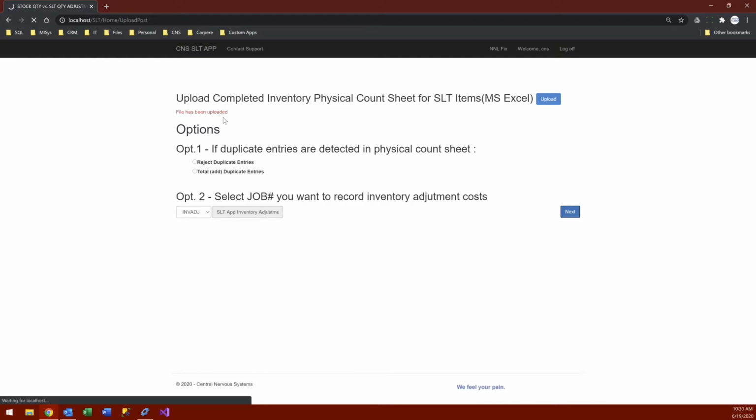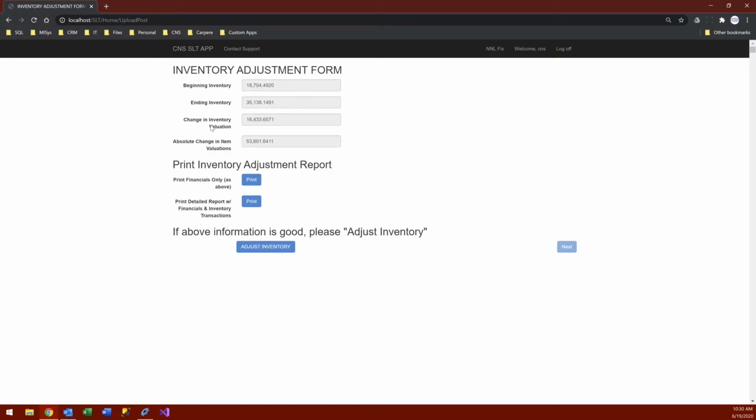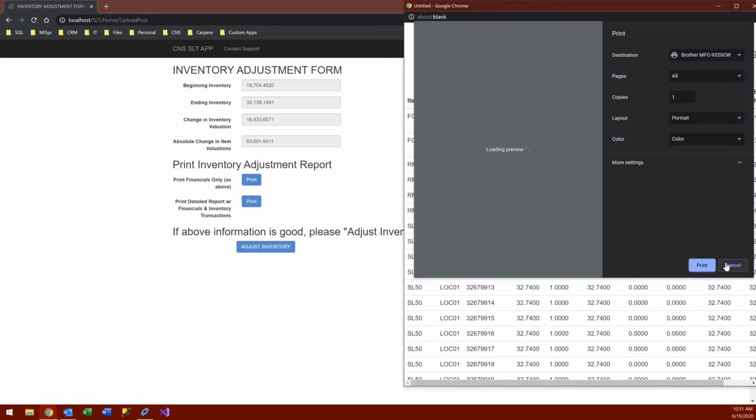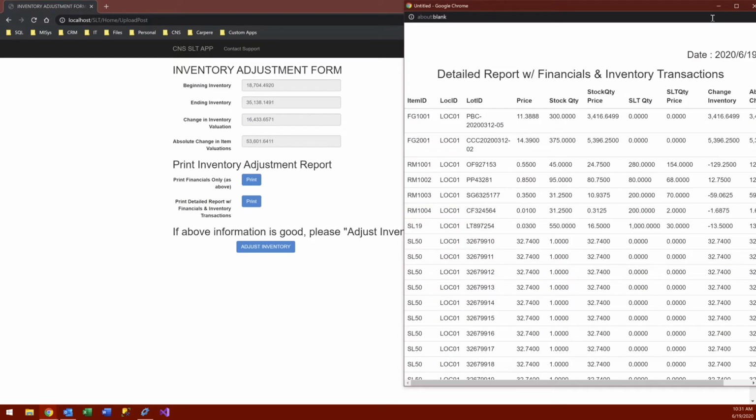Once again, similar to the NNL Fix that it has done, it is going to display a similar screen. Here we are. And if you use the print option here, it will just print this same. As you can see in the NNL Fix, we had a negative $10,000 inventory adjustment. Now, most of that, actually more of that, has been walked back. We have a plus 16. So really, at the end of our physical count, the net change we are ending up making is a $6,000 increase in inventory. And we can print this. It will give us a similar print screen. We can get rid of the print screen and